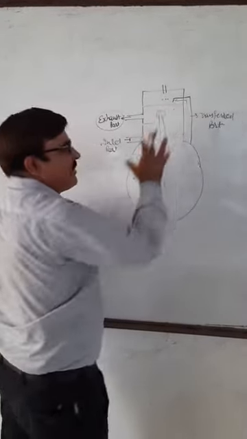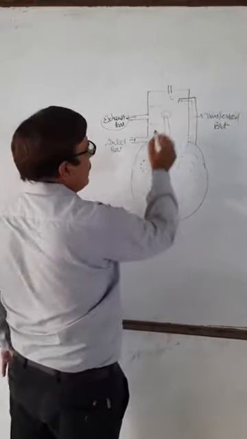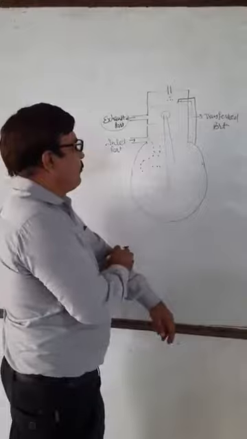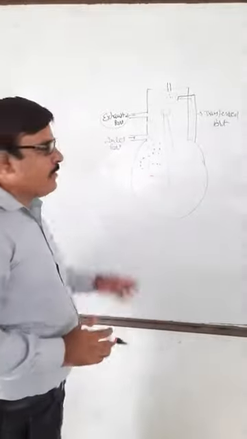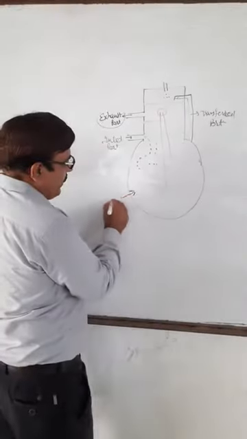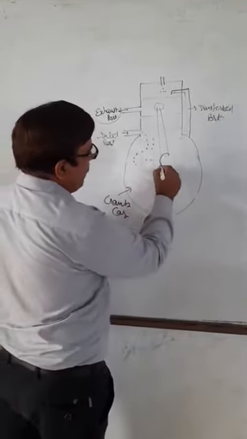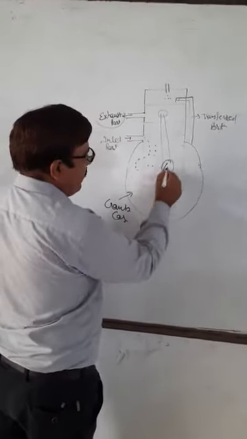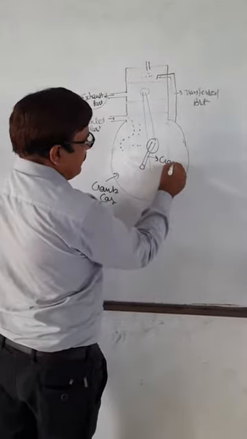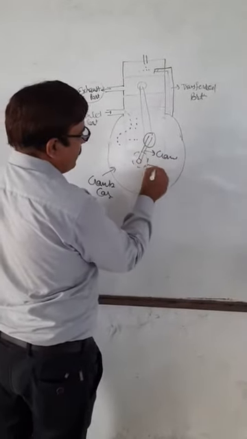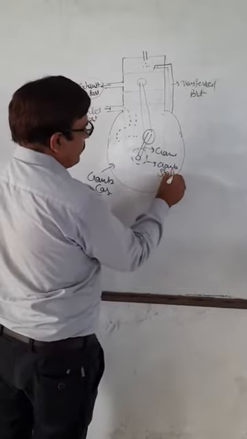After compression, ignition will take place. Because the inlet port will be open, fresh charge is coming inside into this crankcase. This is your crankcase. And this bigger end of a connecting rod is connected to the crank. So this is the crank and this is your crankshaft.